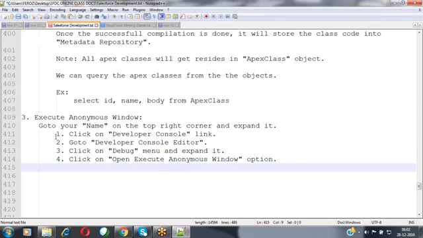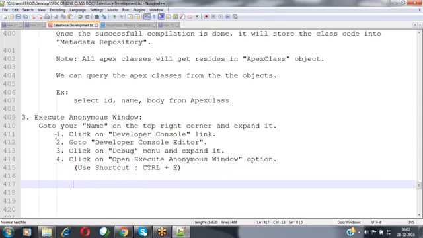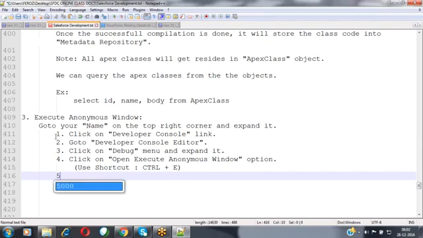Or else you can use the shortcut also, Control E. So just go to your Developer Console editor and simply press Control E. Automatically the execute anonymous window will be provided to you, and then write the code inside the editor.